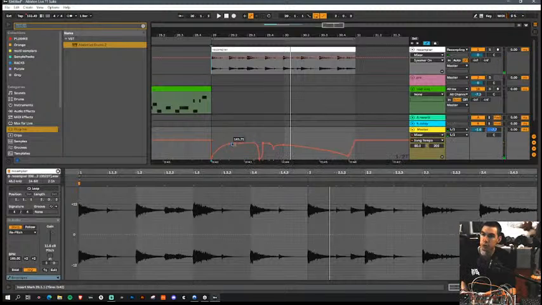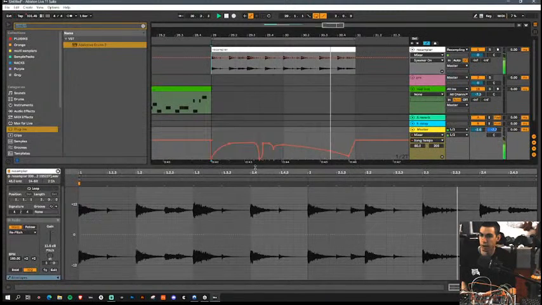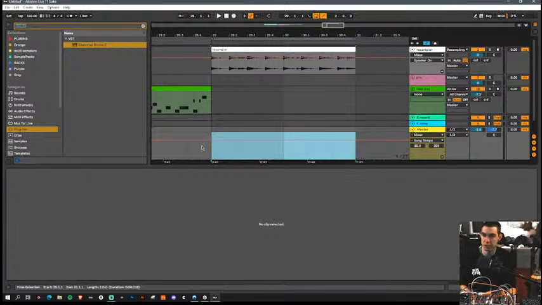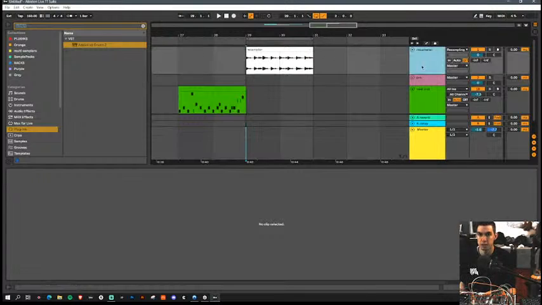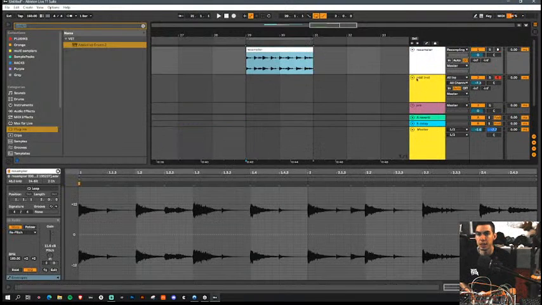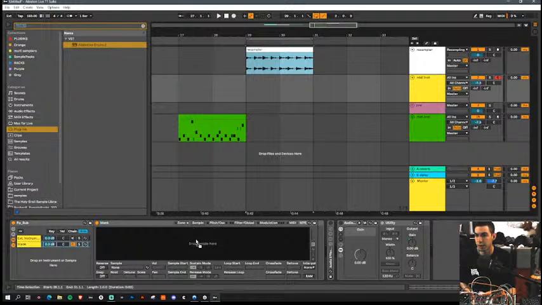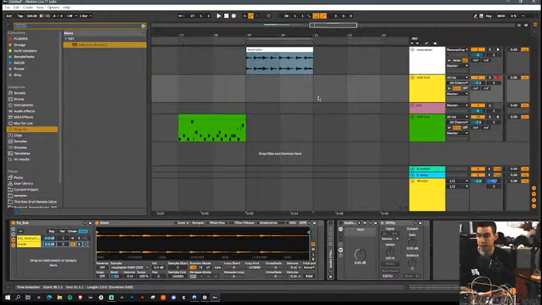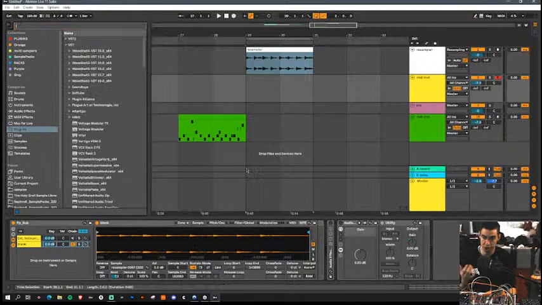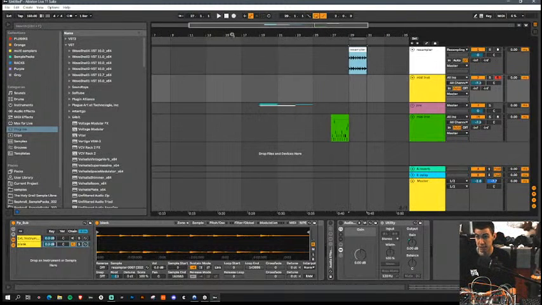So you can get a lot of these cool exponential rhythms this way. But one thing I like to do instead, and this is how I made that other loop that I showed you first, is to take it and put it in a sampler, because the sampler has that same pitch bend effect. The simpler has the stretching algorithms like grain, beats mode, but the sampler just has this tape style